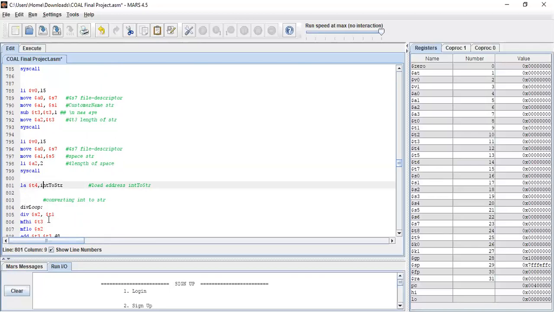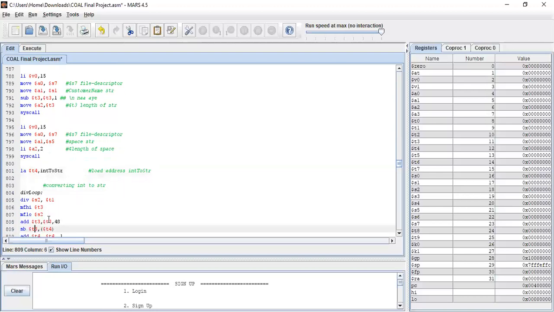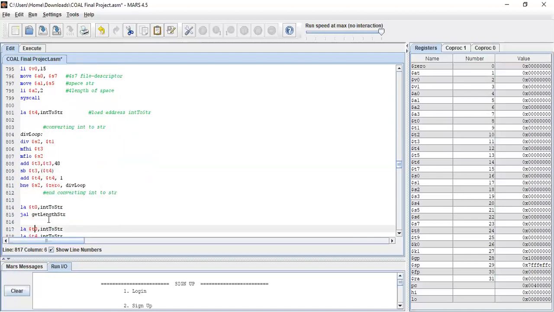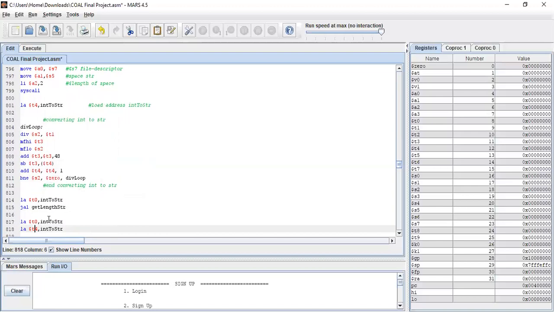For load address, we are converting into string from the integer. That is load address into $T4. So here we are converting it. Byte loop.